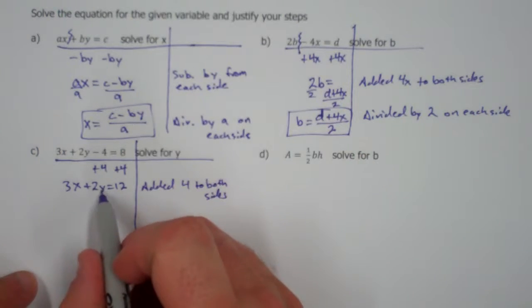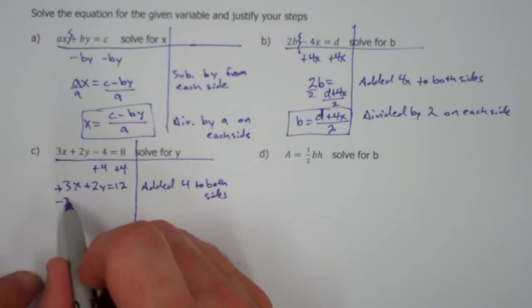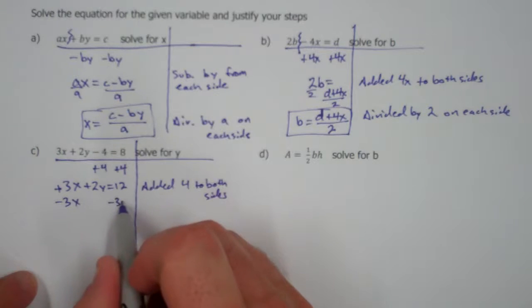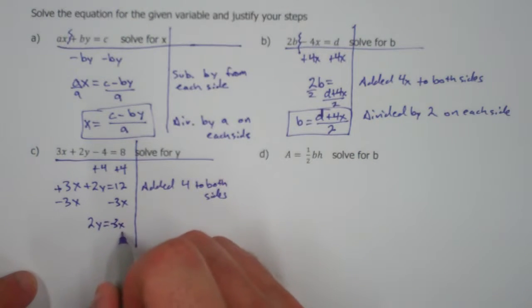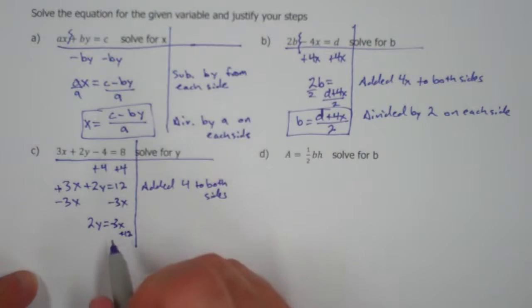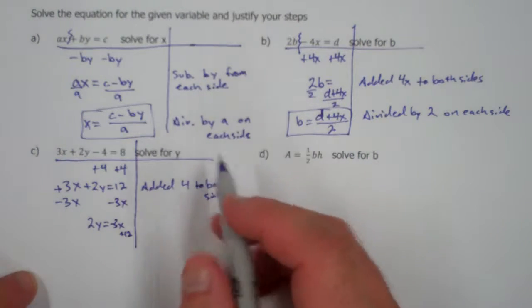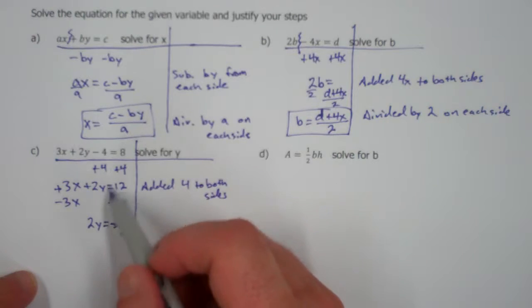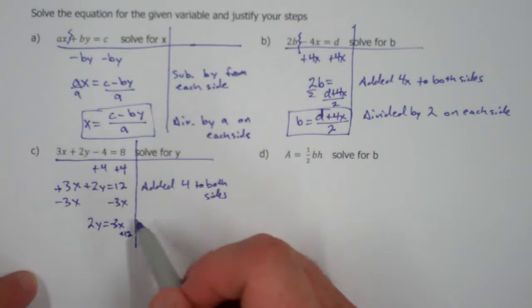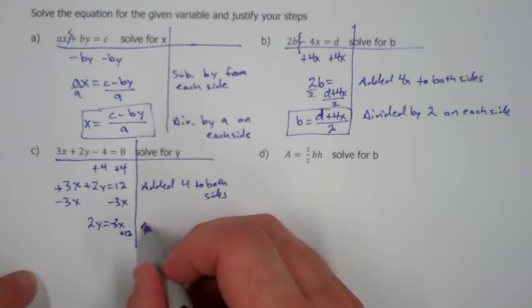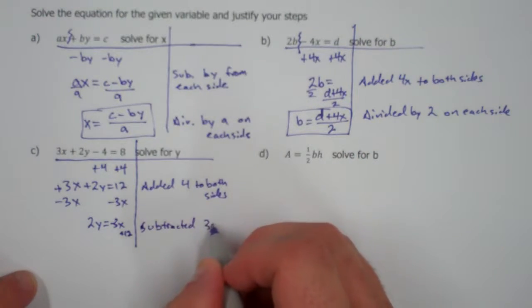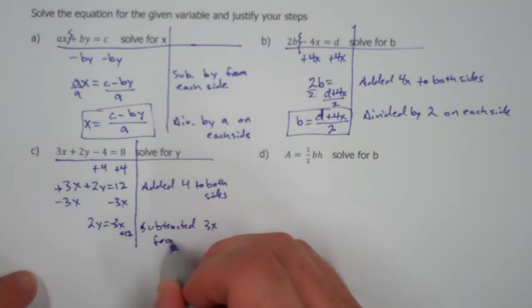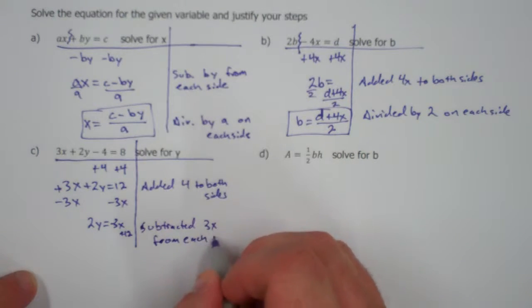We want to solve for y now. This is a positive 3x, so we'll subtract 3x from each side. 2y is equal to negative 3x, and that's going to be plus 12 there. Squeeze it in a little bit. Should have written that a little bit over, but I like to keep that equal sign, but it kind of gets me into trouble when I start moving things over. So this one we subtracted 3x from each side,